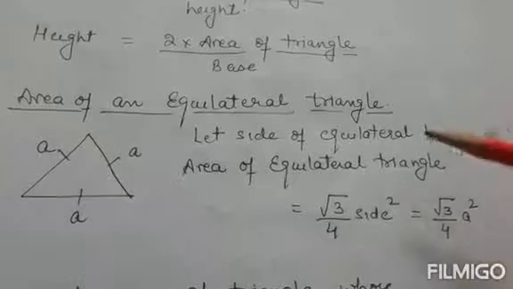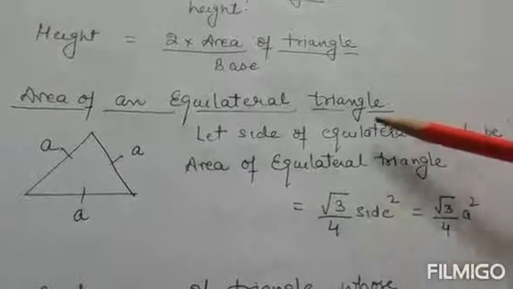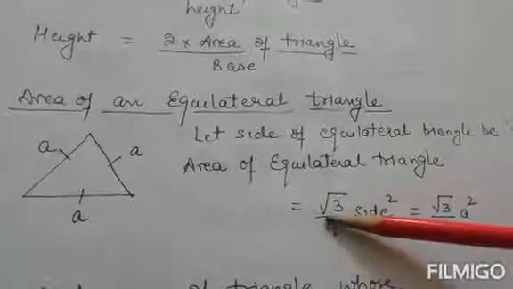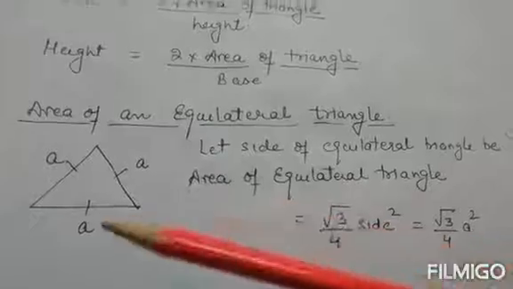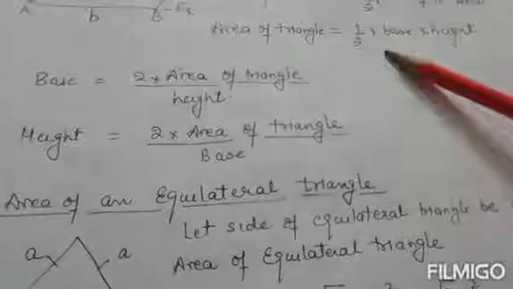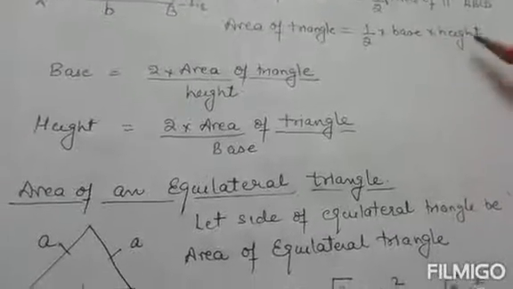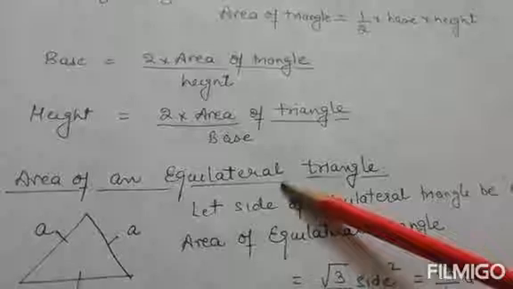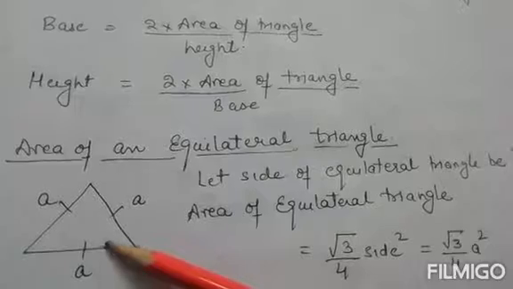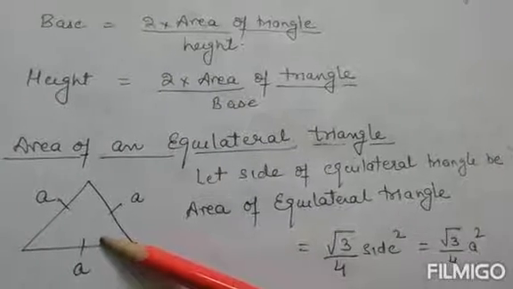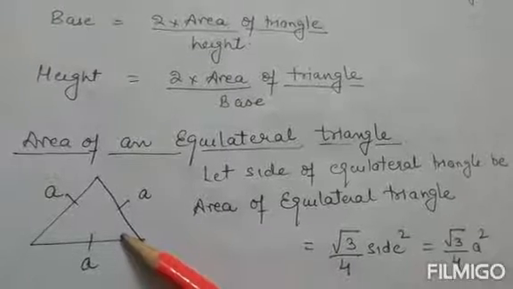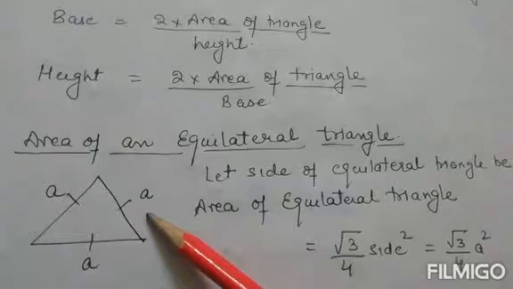Coming to a special triangle, which we know is an equilateral triangle, how can we find the area of an equilateral triangle? Although, please don't get confused, if you are given the height of this equilateral triangle, you can freely use this formula, which is half multiplied by base into height, for an equilateral triangle as well. But children, what happens if you are not given the height of the equilateral triangle? Then there is a formula which will help us find the area of an equilateral triangle even if the height is not given to us.